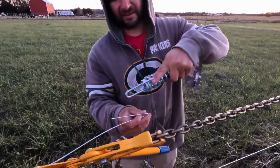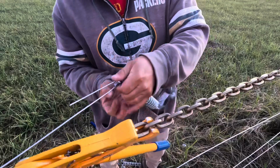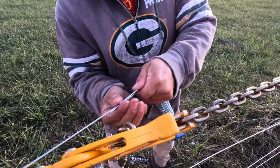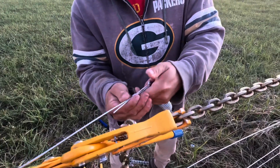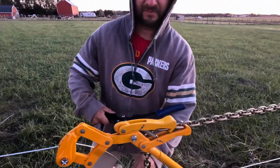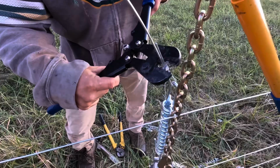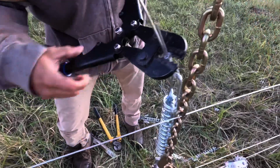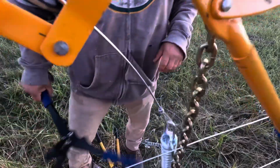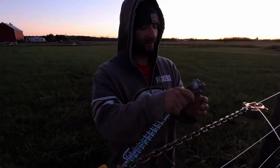All right. And I'll take this end, just hook it, and then put that wire right back in here. All right, and you crimp that so it doesn't go anywhere. All right, at this end, what you're gonna do,